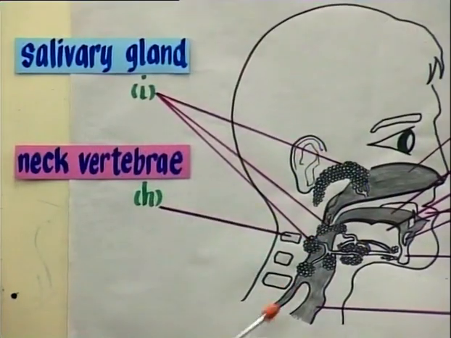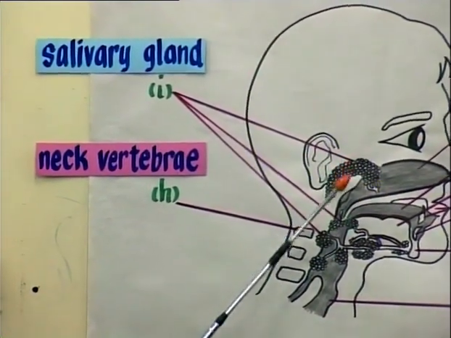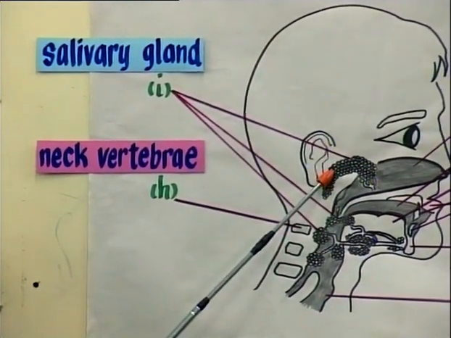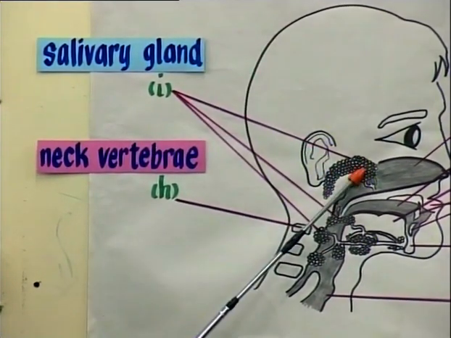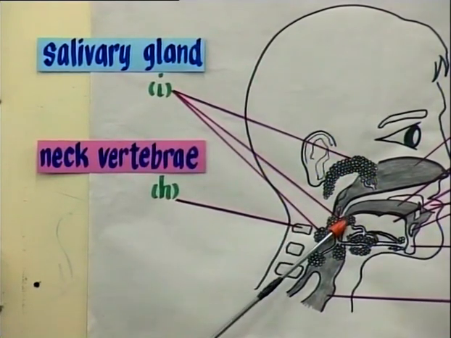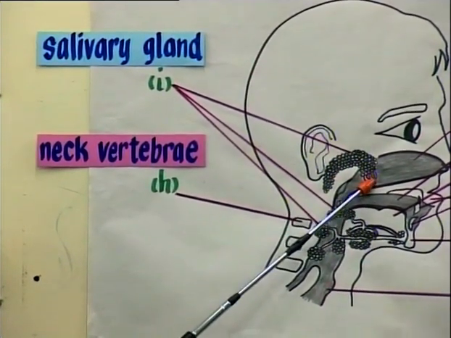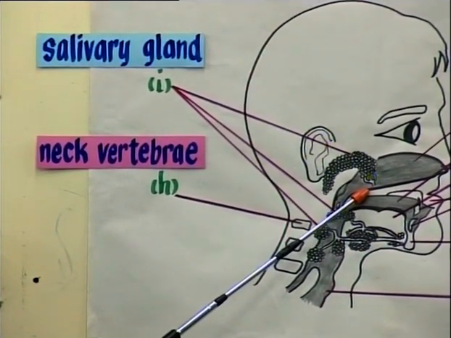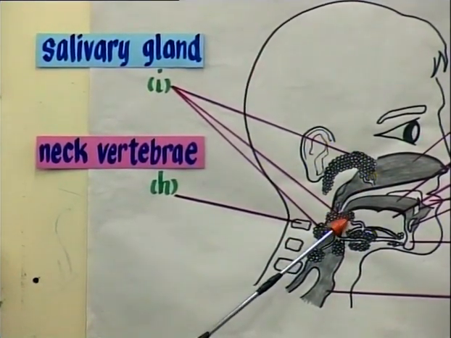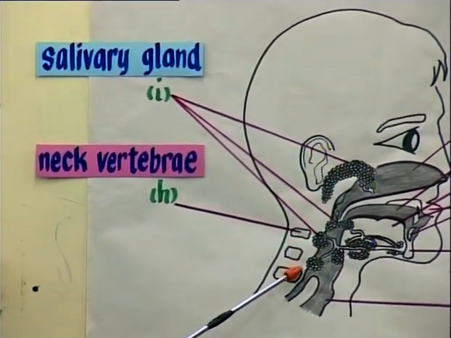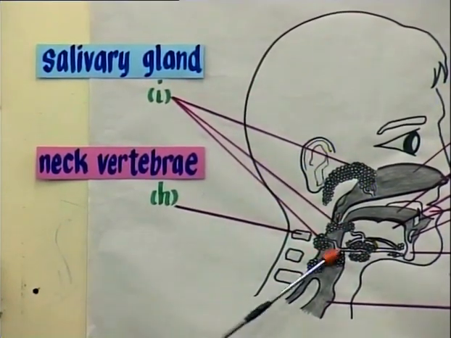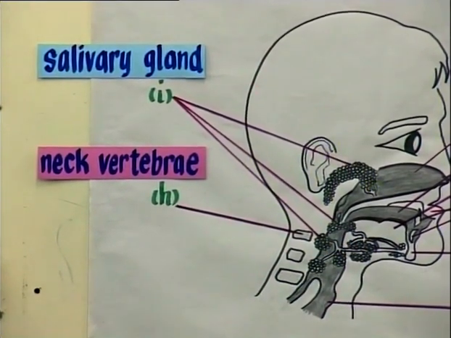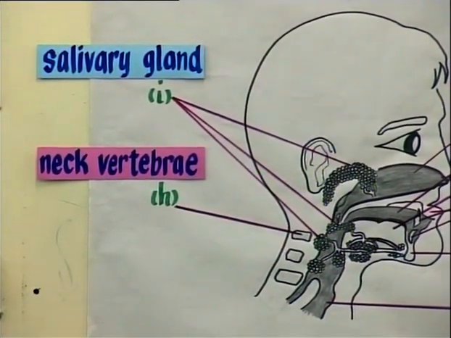The salivary glands are these ones here. On the diagrams, you can see them like little grapes, but they are inside your mouth. You have one there, another one here, just where the tongue is. One is where the nasal cavity is, which helps you to smell the food. Where the tongue is, it helps you to taste the food. And of course, all around your tongue, you have the taste buds.